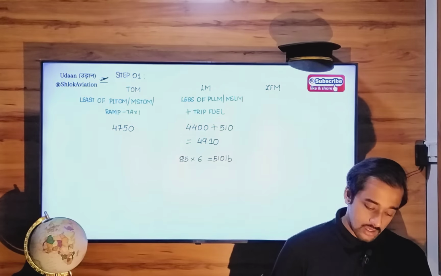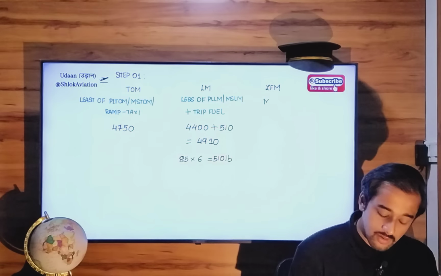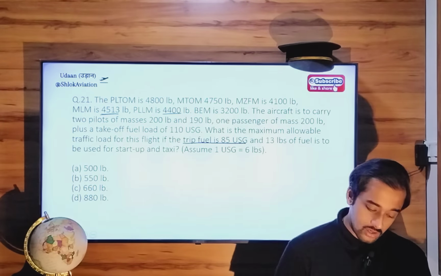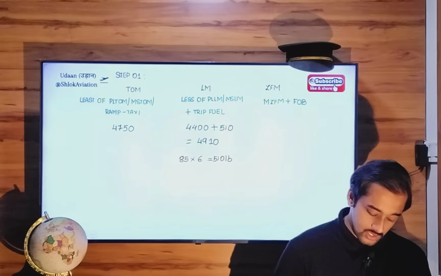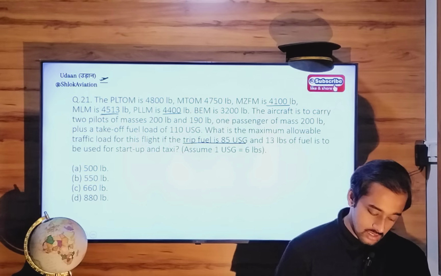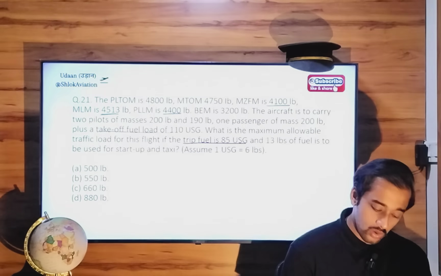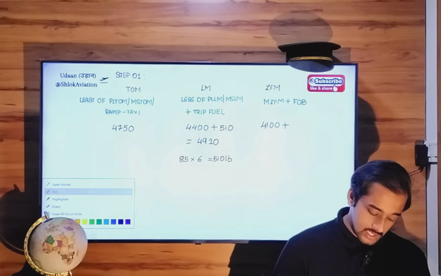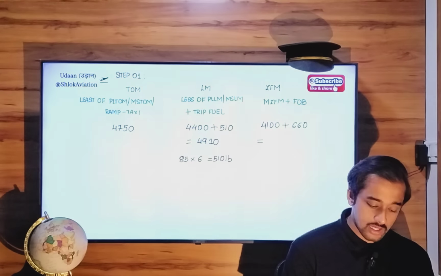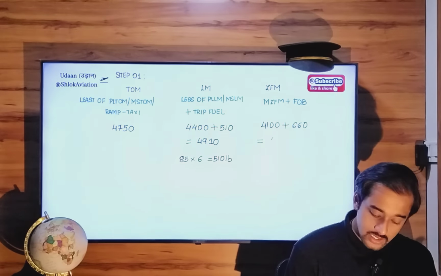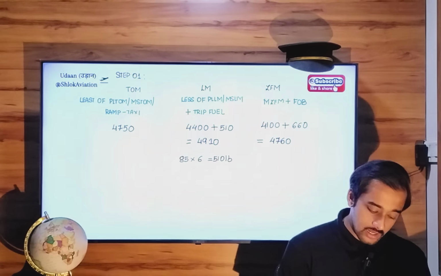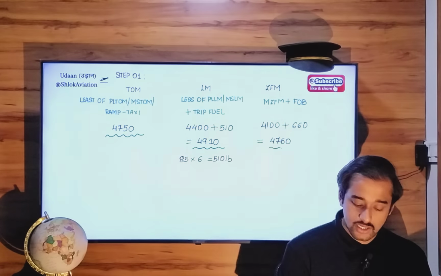4910. In case of the zero fuel mass column, the formula is maximum zero fuel mass plus fuel on board. That is 4100 plus fuel on board, which is 110 US gallons, and that is equal to 660 pounds. So 4100 plus 660 equals 4760 pounds. Okay. Now out of these three possible takeoff values, you have to select the value which is the least of all,